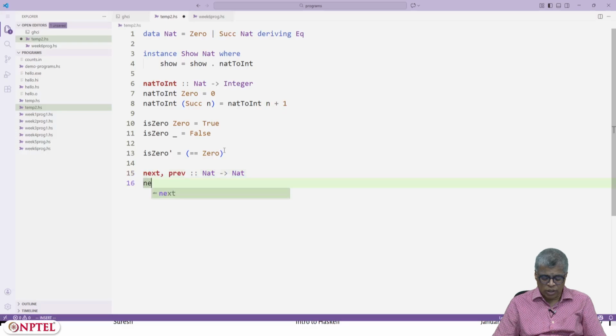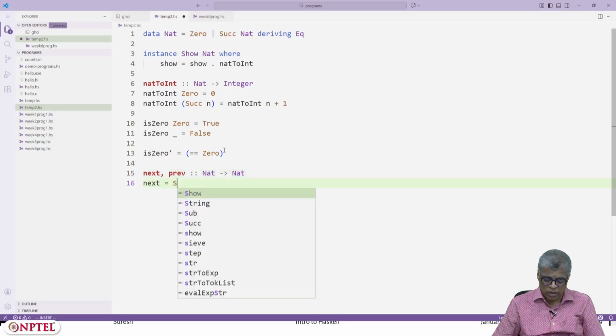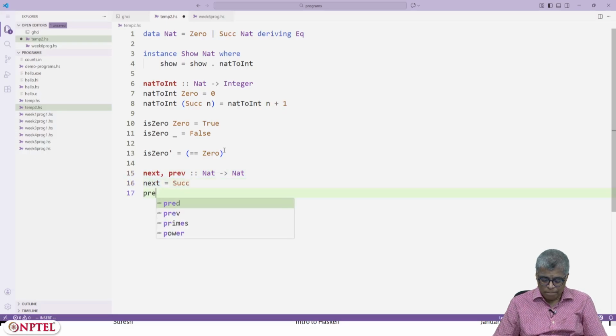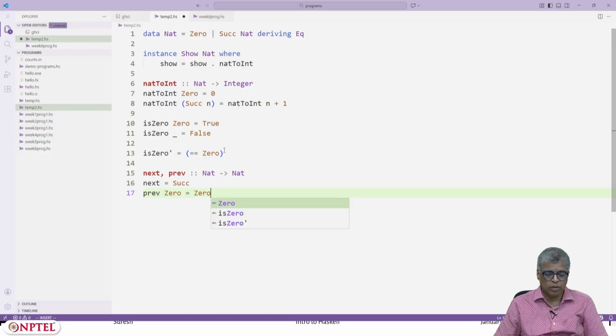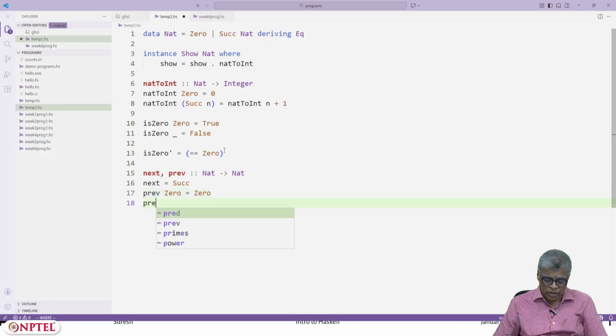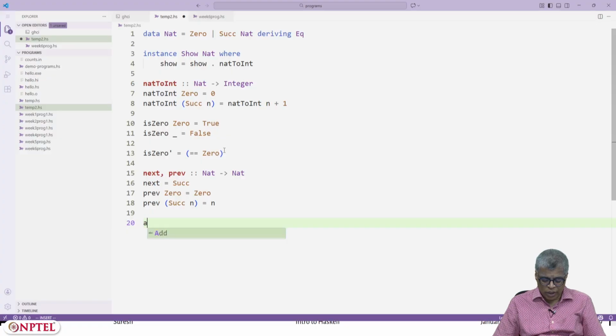So next is nothing but the successor constructor. Previous is defined by pattern matching. Previous of 0 is 0. Previous of successor of n is just n. And then you can have add and mult, which are of type nat arrow nat arrow nat.